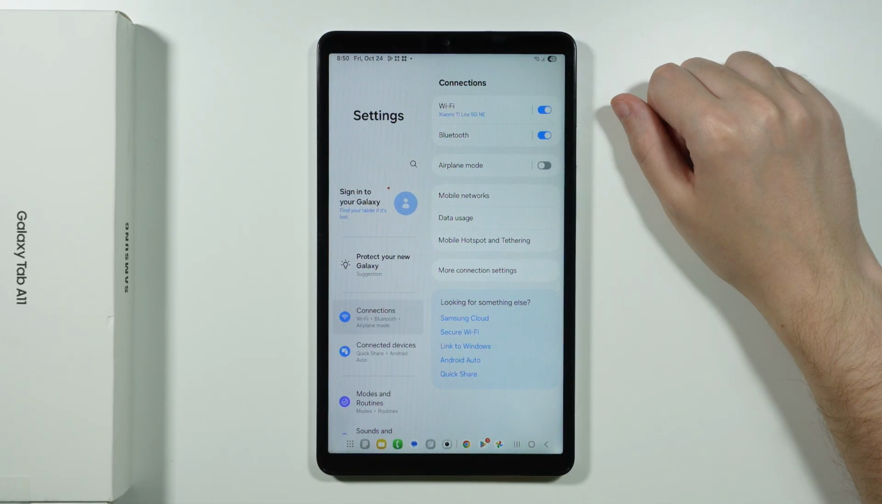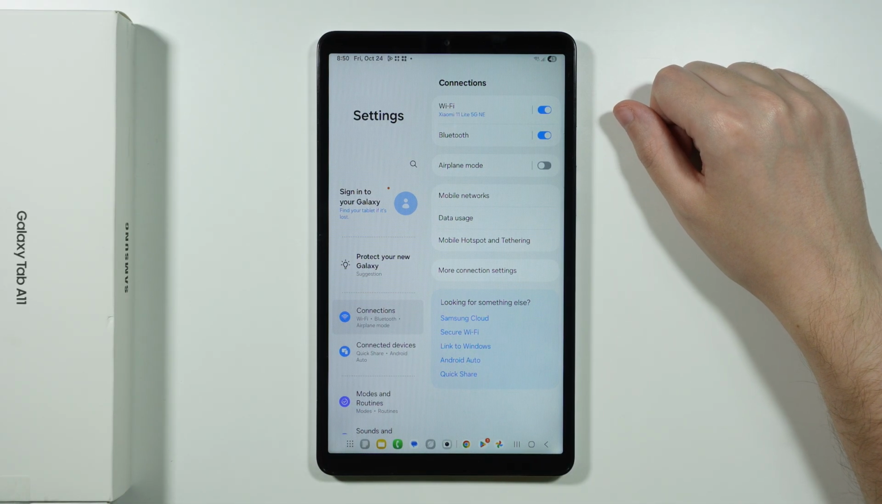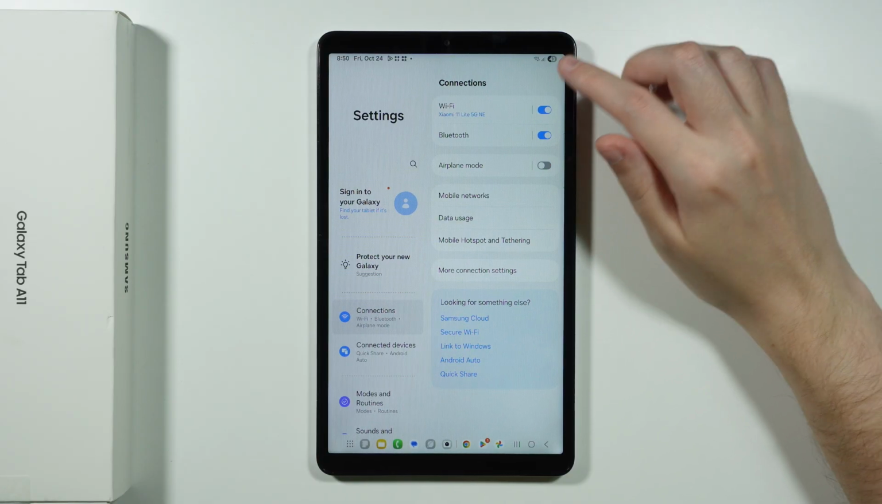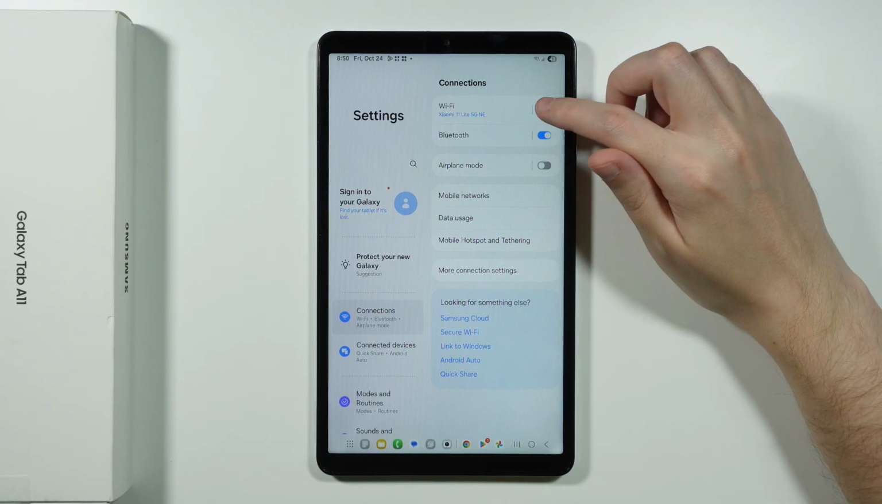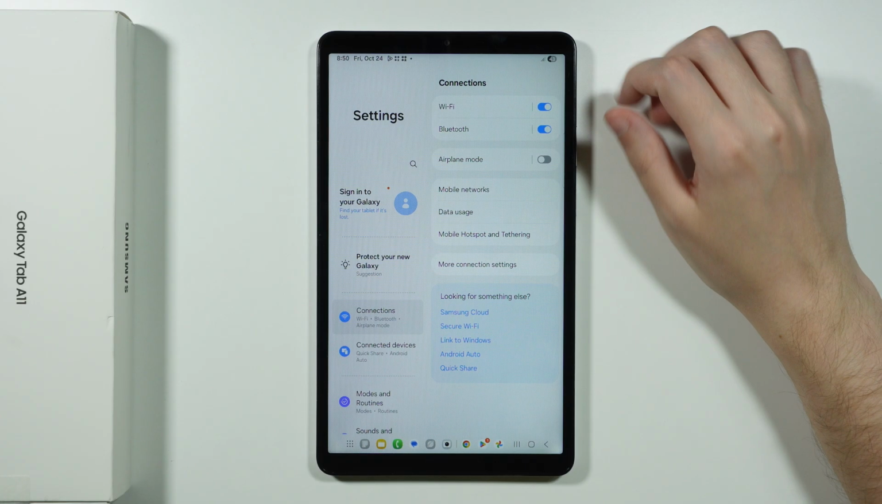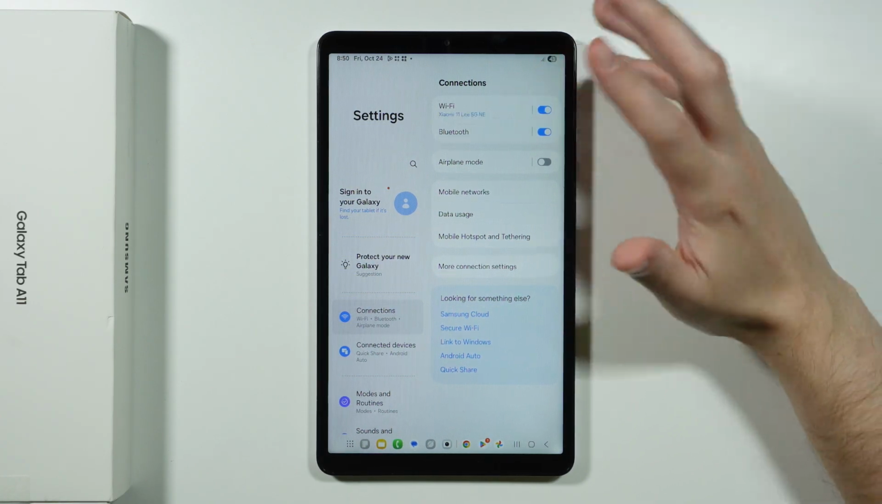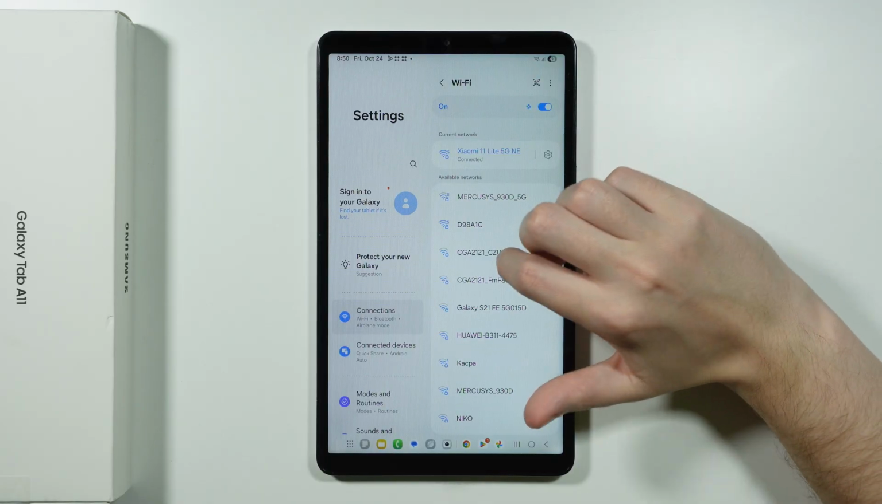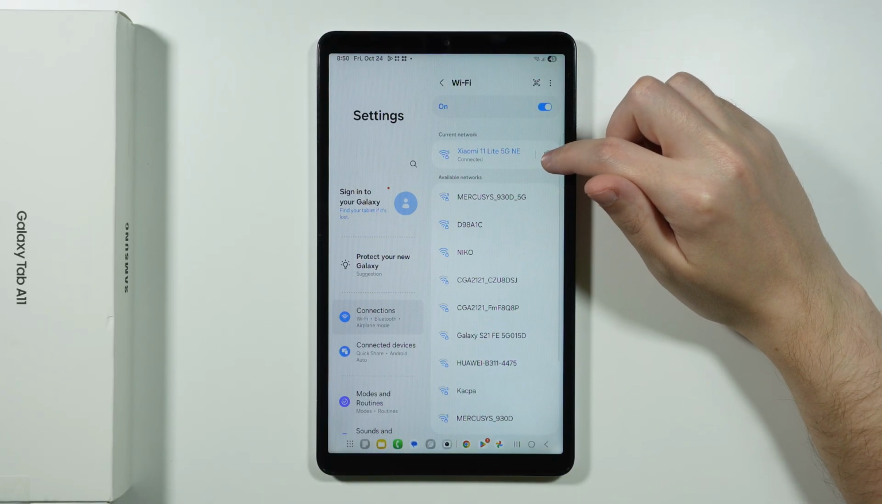Sometimes we can turn it on by accident, and of course we might not even be aware of that, so make sure that the airplane mode is off. Besides that, of course, we can just simply turn off and turn on Wi-Fi again, just to refresh the Wi-Fi feature. You can also tap on the Wi-Fi itself in order to try to go to settings of